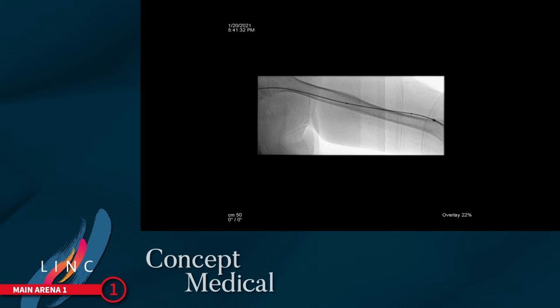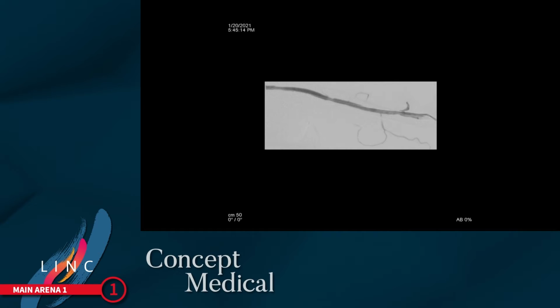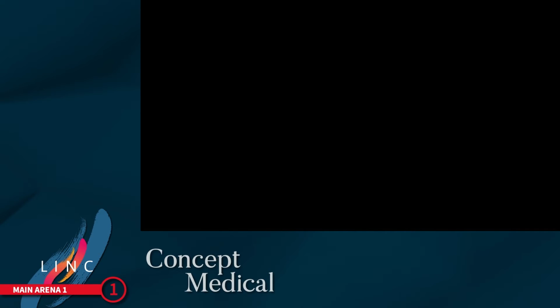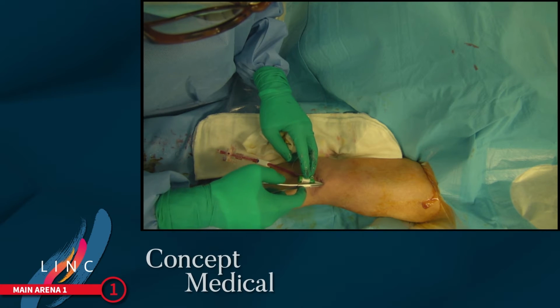It's an 035 platform, fast inflation, deflation, and you can see that with this we do it for 3 minutes, and the final result is much improved. The flow is much faster. The brachial artery again does not light up, and hemodynamically this is a very satisfying result. I think this goes to show that this technology can be used. We hope that it decreases intimal hyperplasia and increases lesion primary patency, as well as circuit primary patency, which is